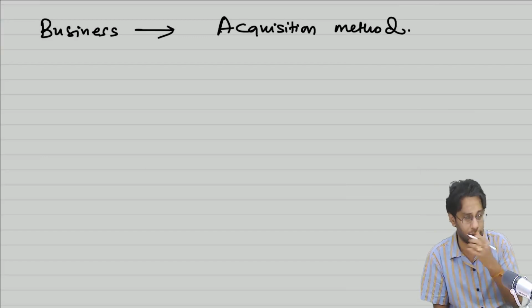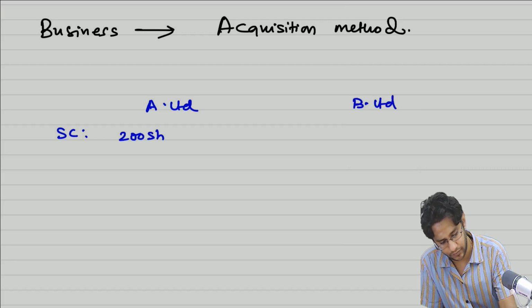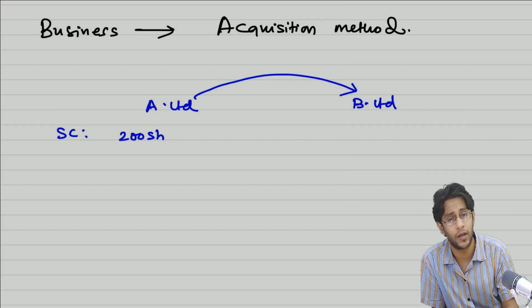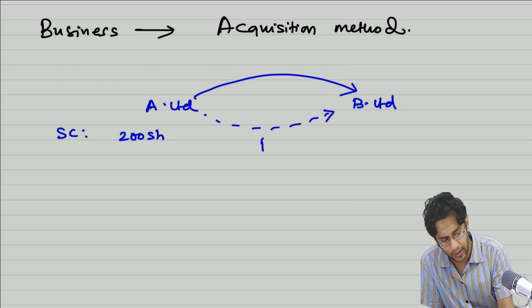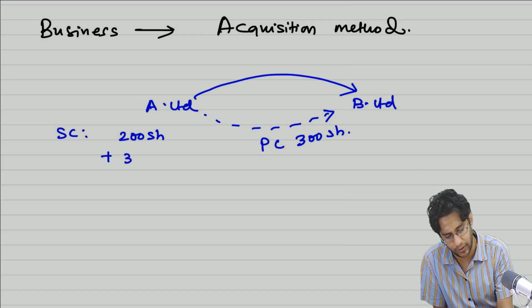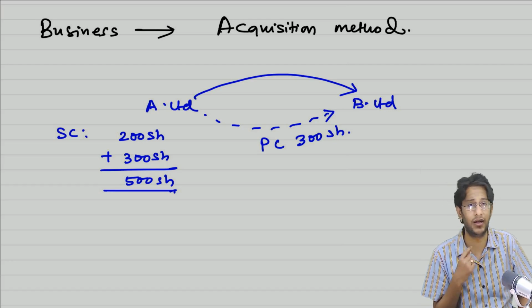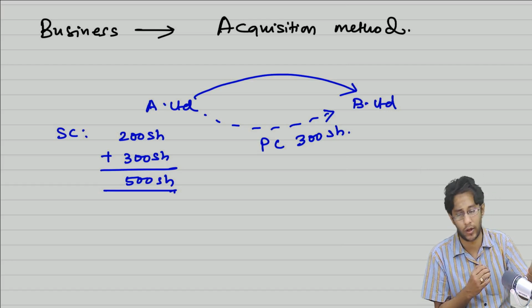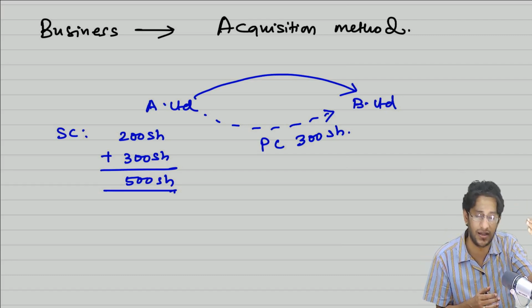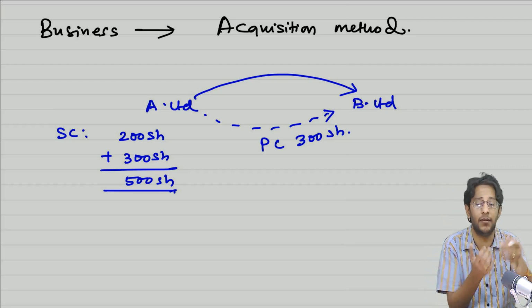In a reverse acquisition, just to explain simply, suppose there is A Limited. In A Limited, there are 200 shares. Share capital is 200 shares. Now, A Limited absorbs B Limited. As a result, it also has to issue PC. For that PC, they have issued 300 shares. Since PC was issued as 300 shares, the total number of shares in A Limited is now 500. Of these 500 shares, 200 are held by the existing shareholders of A Limited, whereas 300 are held by the new shareholders joining A Limited, who were earlier shareholders in B Limited. Now, if you observe technically, legally A is absorbing B, A is issuing PC, and B is receiving shares.